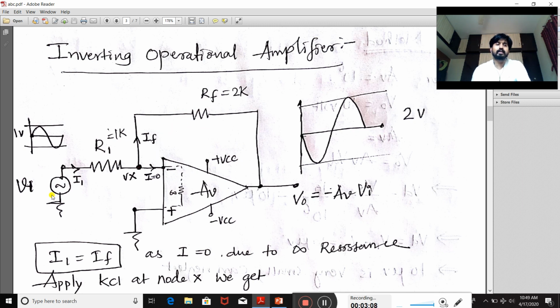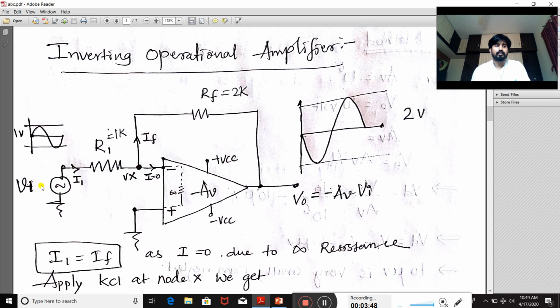And along with that, if you check, the source signal is connected to the negative terminal, hence it is called inverting operational amplifier. This we have seen in the types of op amp. Op amp is classified based on where we connect the signal. The signal is connected to the negative terminal, hence it is called an inverting operational amplifier. And now the two resistors are used here to limit the current. Now let's begin with the explanation.